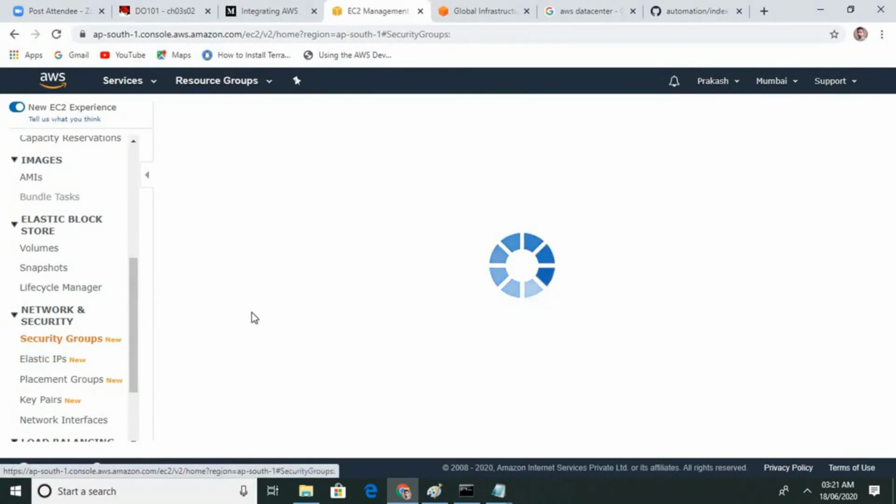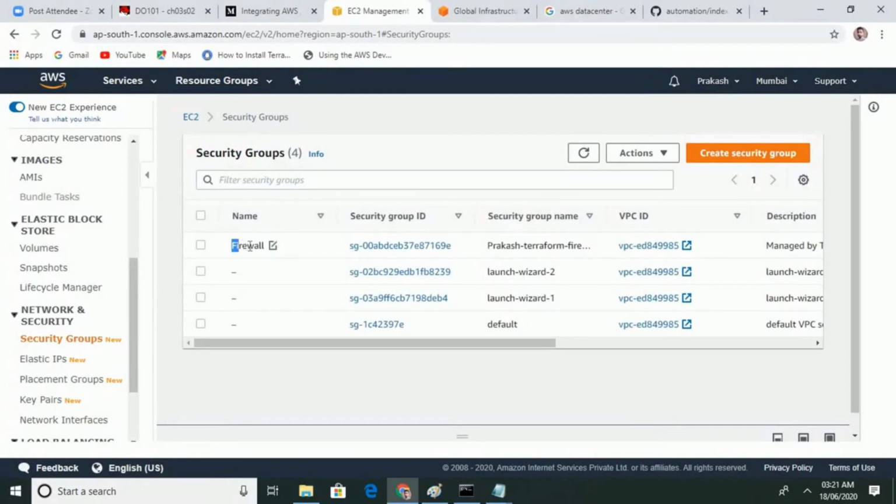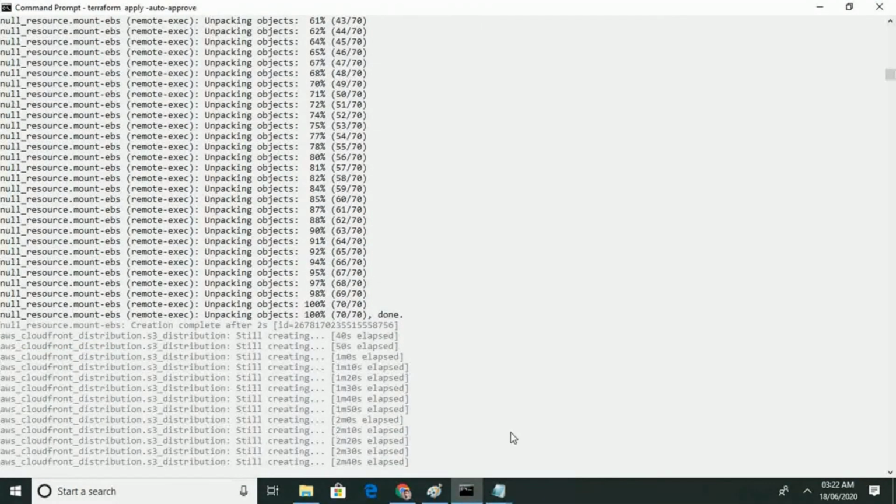Obviously they are created, because of that only they got SSH connection. Yes, you can see this one, Prakash Terraform firewall. This was created by Terraform. Guys, it's taking time because it's creating 250 plus edge locations. So it's also copying that data, that one image, in every location.